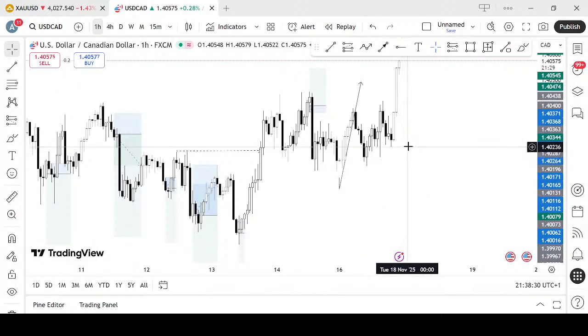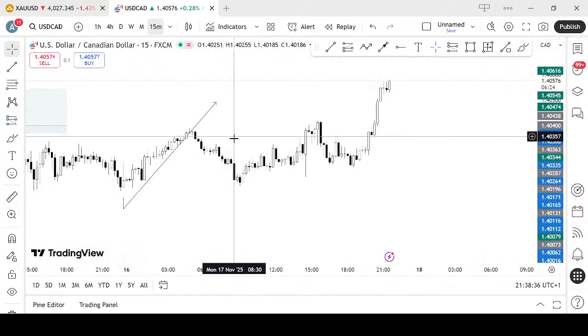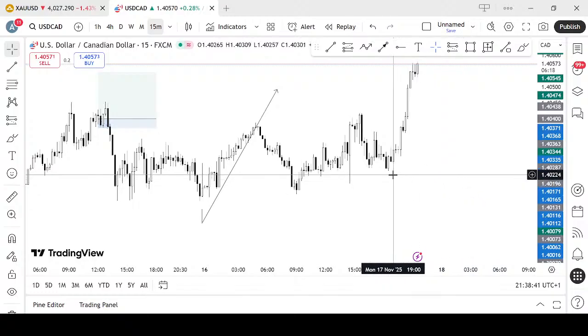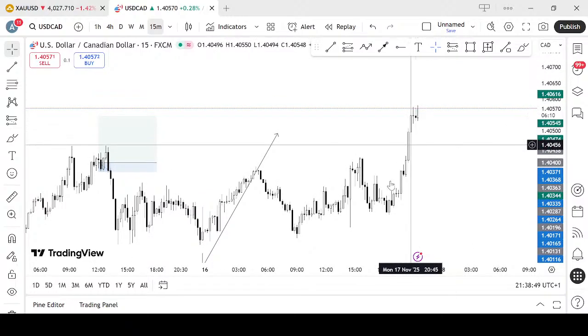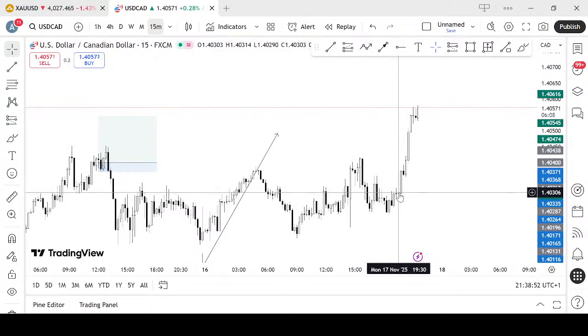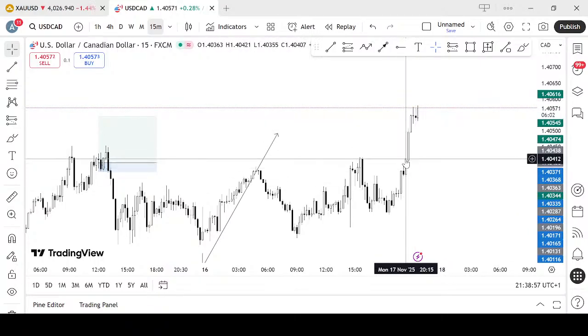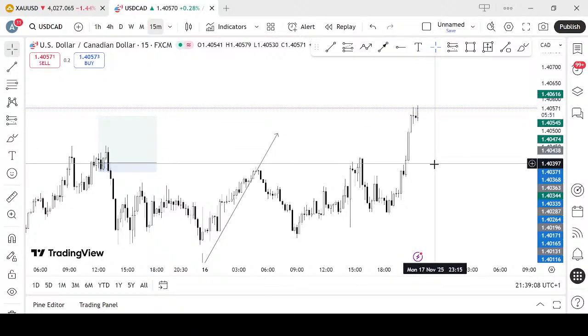And USD CAD has also been bullish for a while. On the 1 hour, was there anything like an entry? Wow, there were two different entries before the move. One did from around 7 p.m. and another one here, and this is another one forming again, and the two are doing perfectly fine. You can see this entry is very valid. It's did almost 1 ratio 5 already. This entry is also valid, did more than 1 ratio 3 already. This is another one forming, and there is high probability it's going to continue. At least you're going to break even on this position.